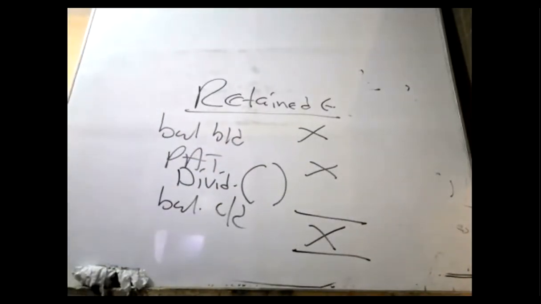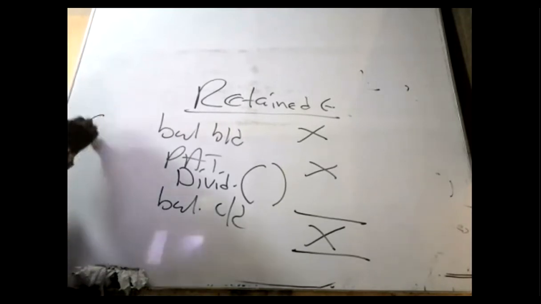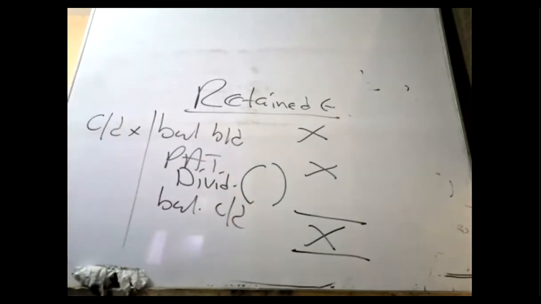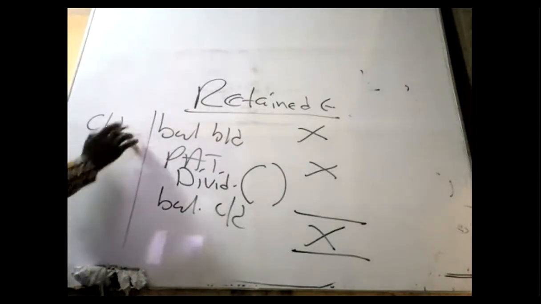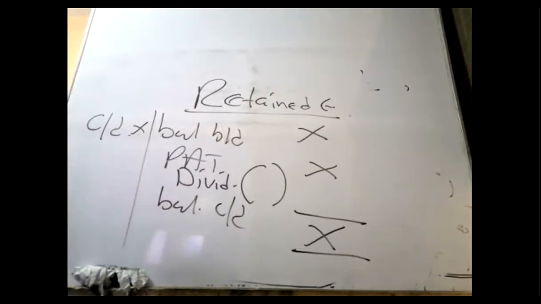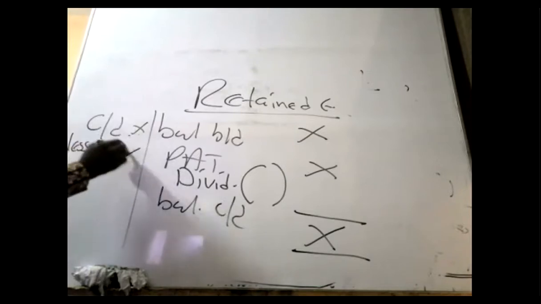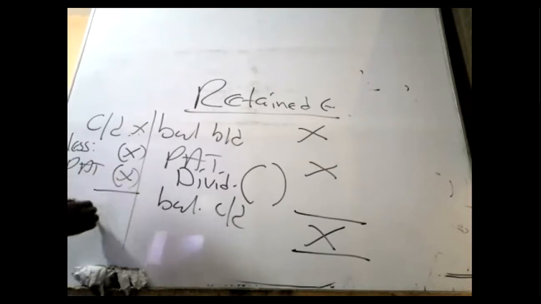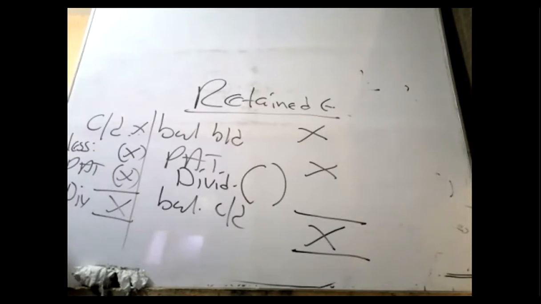Or you can also look at it this way. Take the closing balance, so much. Any item that they have added, kindly subtract, reverse it. Take the closing balance, so much, and tell the examiner, less the following items: less the opening balance, less the profit after tax. If there's any figure, that is the dividend paid, the balancing figure. Any of them, you are free to go. That is all. So take note.